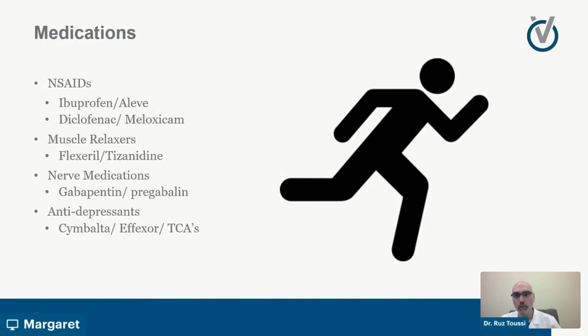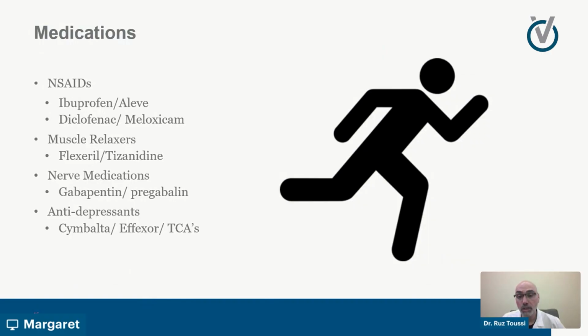In terms of medications, we start with our non-steroidal anti-inflammatory drugs. I'm sure everyone's relatively familiar with these. Our over-the-counters, the ibuprofens and your Aleve, and then your prescription strength medications such as diclofenac, meloxicam. But with these medications, long-term use is shown to increase your risk of cardiovascular events. We want to avoid these in patients with ulcers or GI issues, patients with chronic kidney disease, and patients on